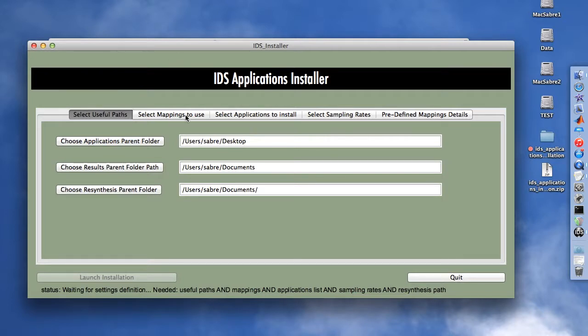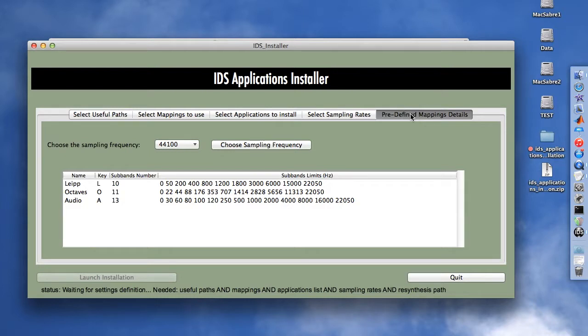We've got 1, 2, 3, 4, and 5 tabs, and we go to the 5th, predefined mappings details. We've got the information about the available frequency mappings, that's to say LAP, octaves, and audio. We've got the key which will be used to name the results files, the subband's number, and the subband's limit definition. So for LAP, for instance, the first subband goes from 0 to 50 Hz, then 50 to 2000 Hz,